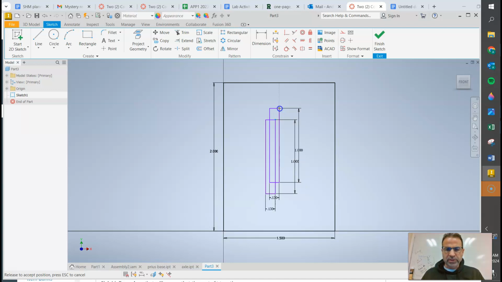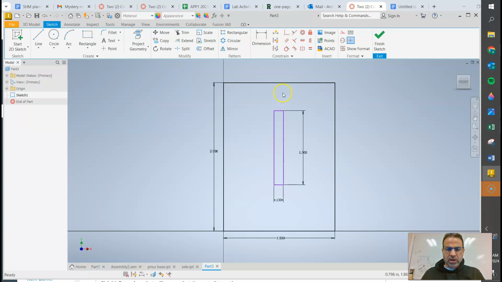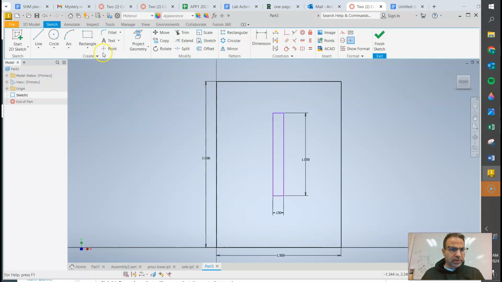Sometimes Inventor tries to center things for you. I'm going to find the center with a point. I'm going to use a point. And if you go across a line, it'll turn green when it hits the center. So I'm going to drop a point in, and then I'm going to dimension from this point to this line and from this point to this line. So I'll hit dimension, center, line, and then,